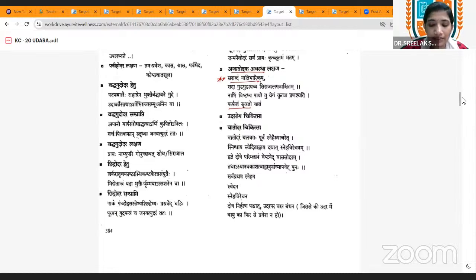And the most important yoga in Udara Roga Chikitsa is Narayana Churna. Okay, so the quotation given for this Narayana Churna is Vishnur Asuram Iva Rogan Abhivardhate. This is the quotation or indication given for Narayana Churna. It is an extremely effective yoga for Udara Chikitsa. Okay, so in this chapter, different anupanas are mentioned for different diseases, with which the Narayana Churna can be given to cure that particular disease. Okay, so you have to study that.